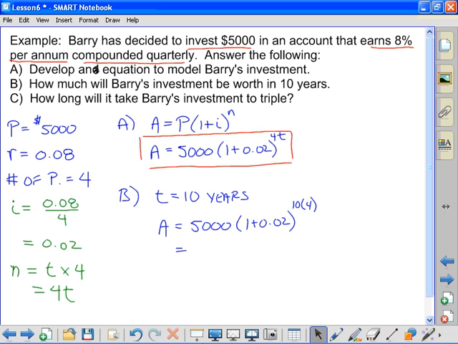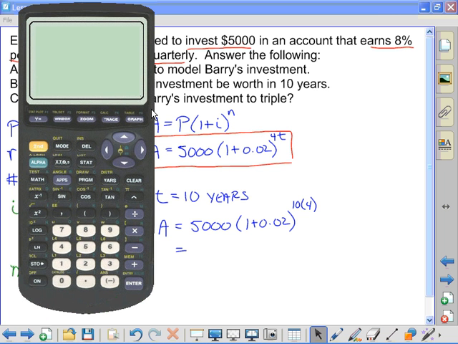So you can just crunch this through a calculator. So I'll get out my calculator here and turn it on. Hopefully, there we go. So 5,000 multiplied by 1.02 to the exponent 10 times 4, that's just 40. If you have to do the calculation in the exponent, make sure you put it in brackets. Calculating that, we have